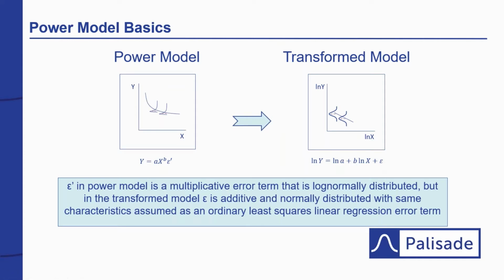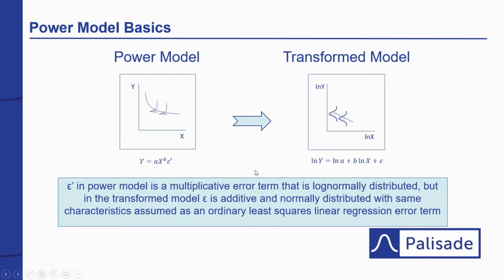The assumptions say that it will be normally distributed about the equation for a line. The errors will be additive in nature. They'll have a mean of 0 and a constant variance and be independent of each other. So that's a mouthful. That's a lot of assumptions about this one error term. But for our purposes, please hold on to the idea that it is additive in nature and it's normal with a mean of 0. So what that does is give you unbiased predictions, if you will, off of that equation. 50% of the time you're above, 50% of the time you would be below, is what that normal with the mean of 0 says. The catch here